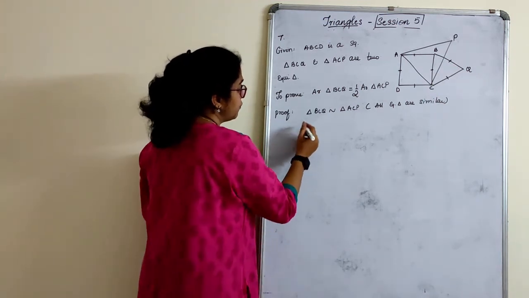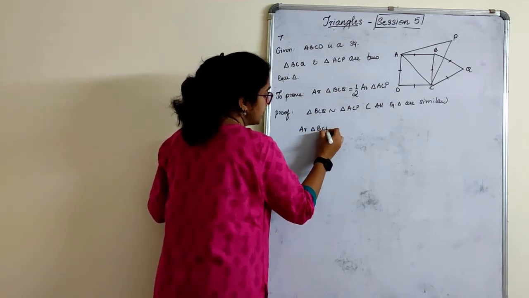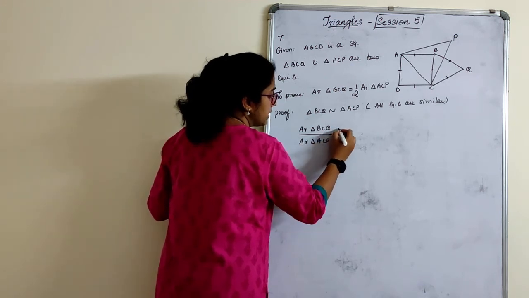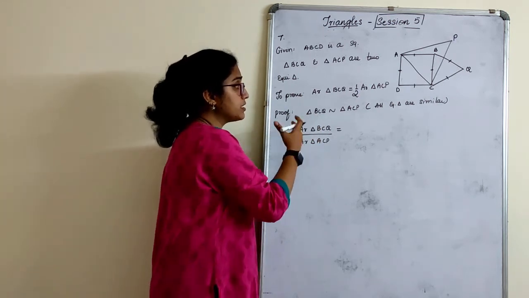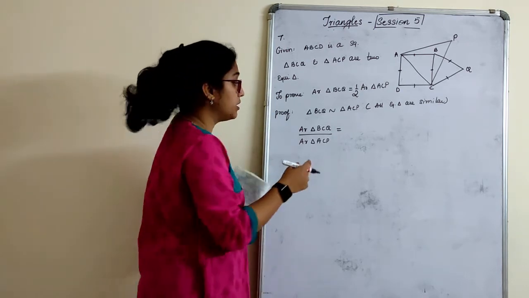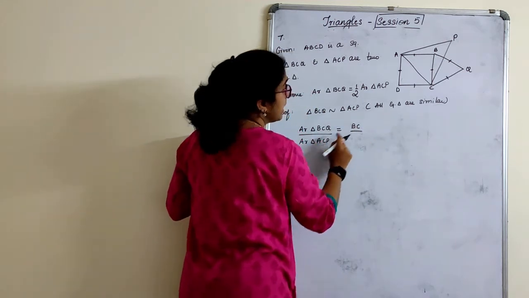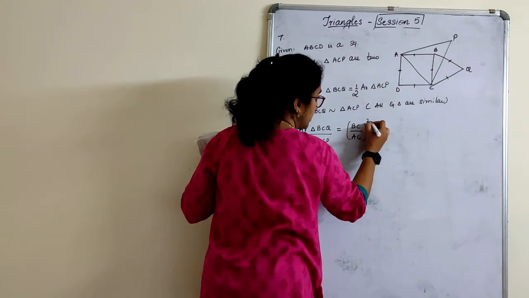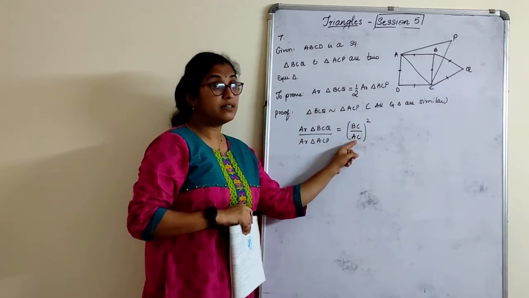Next part what we have to write is the area of these similar triangles. Area of triangle BCQ to area of triangle ACP is equal to the squares of the proportional sides. Choose the side of both equilateral triangles such that it is a part of the square only. Now for BCQ, I can say this is BC, upon ACP, I will choose it as AC. It is a part of the square only. Right? Now, this is the side of the square and this is the diagonal.